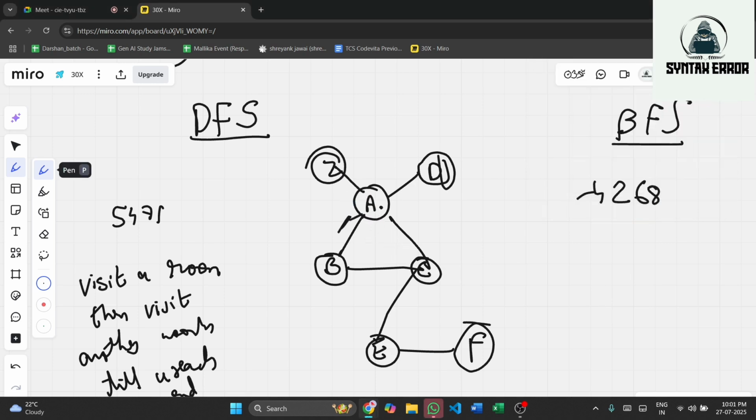So first you opted for this approach, this room, this path. Then you will continue this path. Here also, if you want to approach this, you have already visited it, right? So you will not go to a visited one. You approach the next one, this one. Next you will go to this one. Now it's a dead end. At that time what will you do? You will get back and go to your next option, this one. So this approach is called DFS. Whereas in BFS, what will you do?